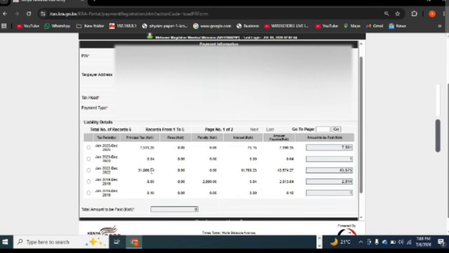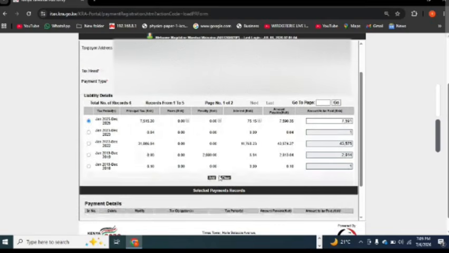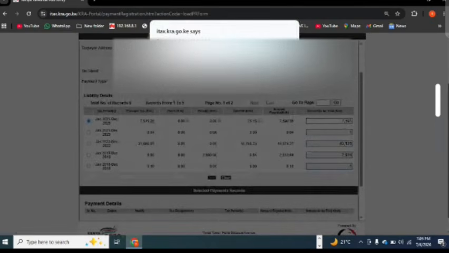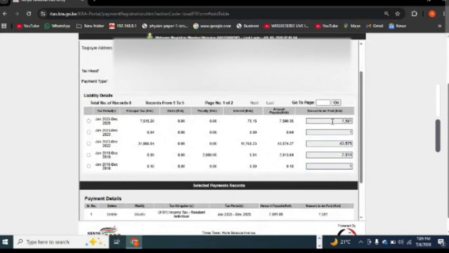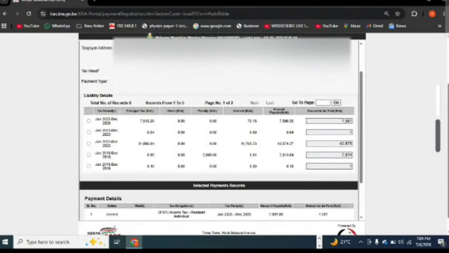So in case you want to get a waiver, maybe for the year 2025, which has already accrued an interest of 75, you just need to click above it. After clicking above it, you just need to add it first to pay the principal tax. So first things first, before I forget, I can first delete so that I show you what you are supposed to do in a granular form. What I would recommend first is to just pay the amount, because here it is showing the total amount. Just come here,